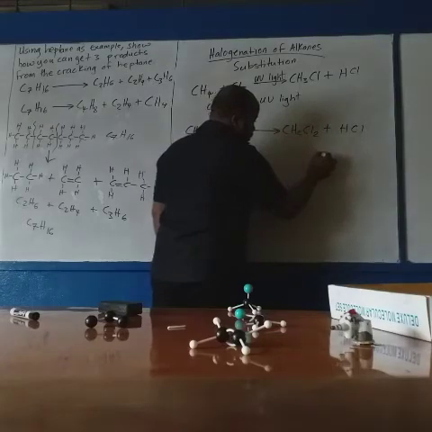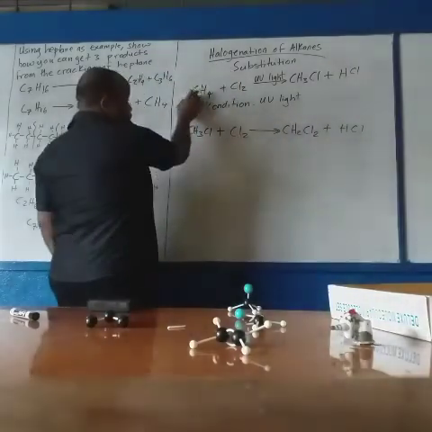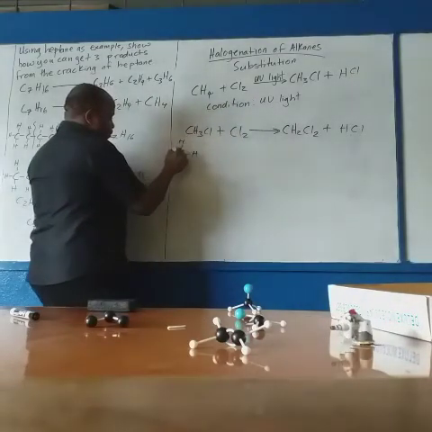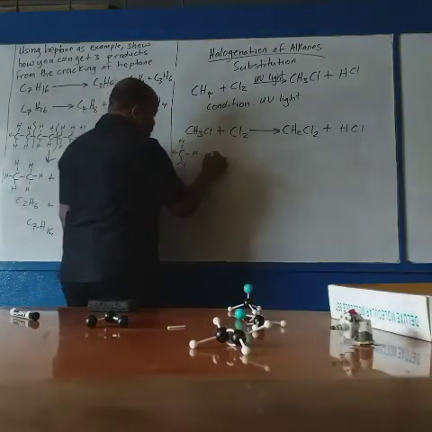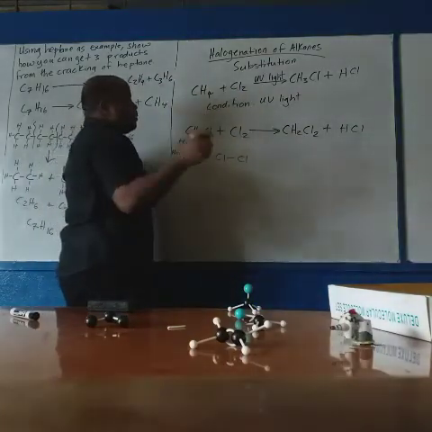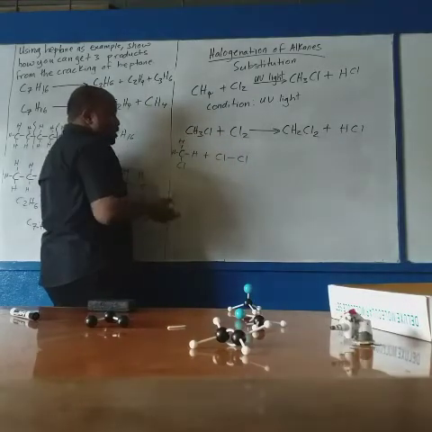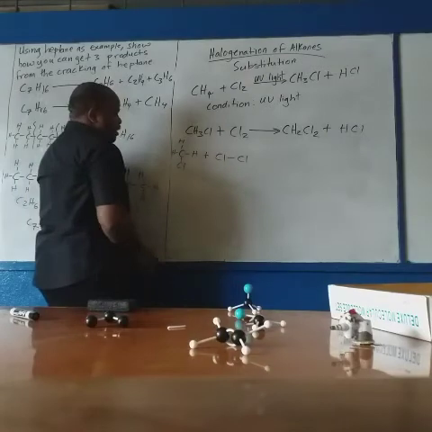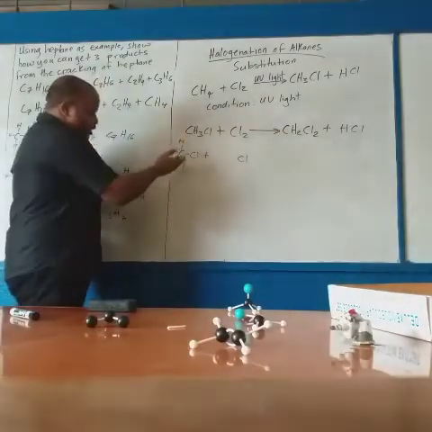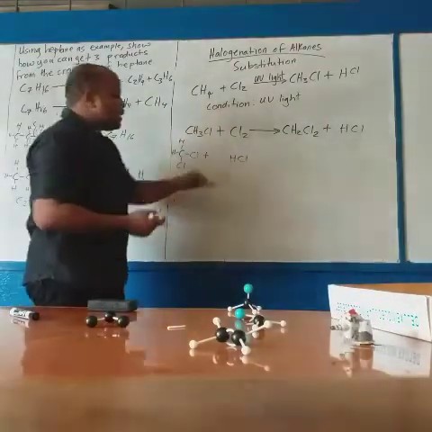Let's do it here. CH4, add CH4 again because CH4 is up here. You have CH3Cl. Right? You react it with a molecule of chlorine again. So this is a different reaction. The first reaction, we just substituted one chlorine for one hydrogen. So we get chloromethane. Now we're doing the reaction again with chloromethane and the next molecule of chlorine. So again, one hydrogen will come off and this bond breaks and the chlorine comes here. That is how we get the 2 chlorines. And of course, the hydrogen that comes off goes with that chlorine. So you get dichloromethane,